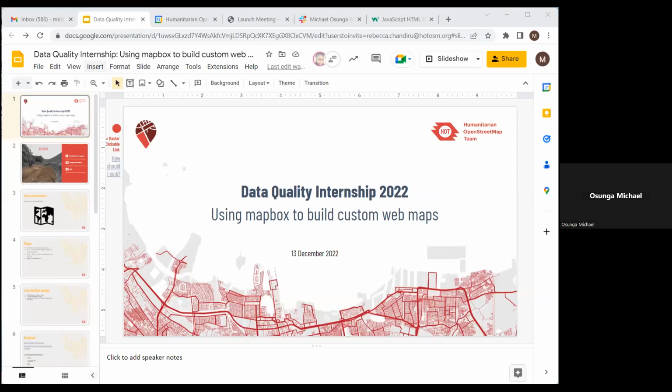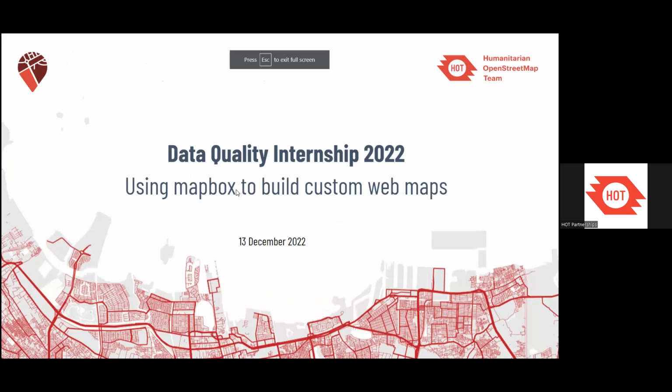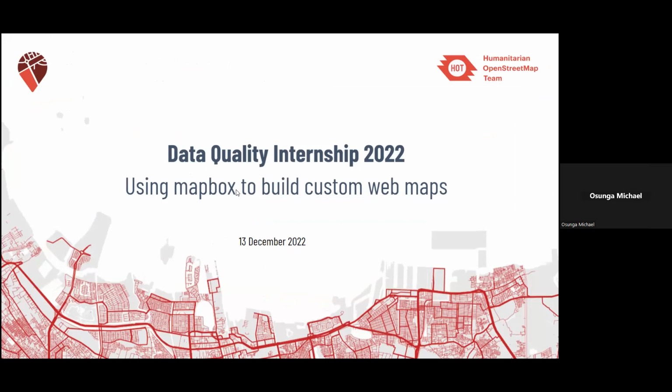Can you all see my screen? Yes. Yeah. Yes. Yeah. So today we're gonna have a very exciting moment on how to build custom web maps